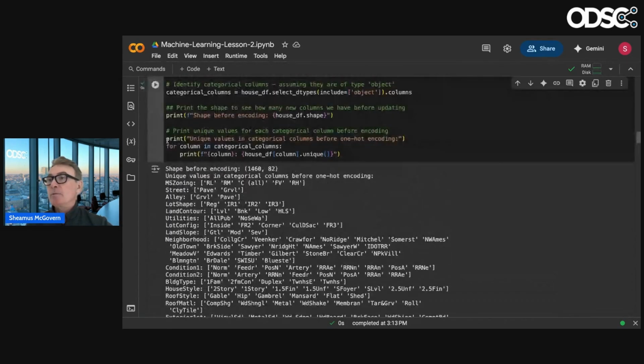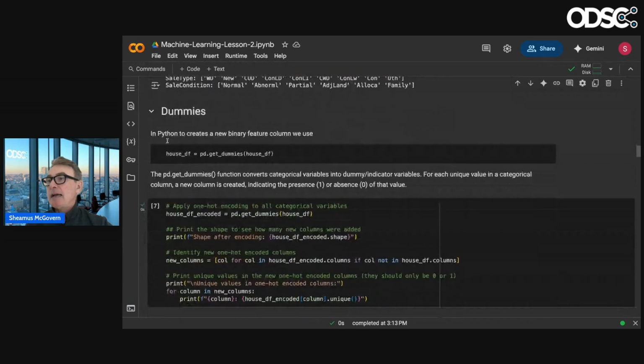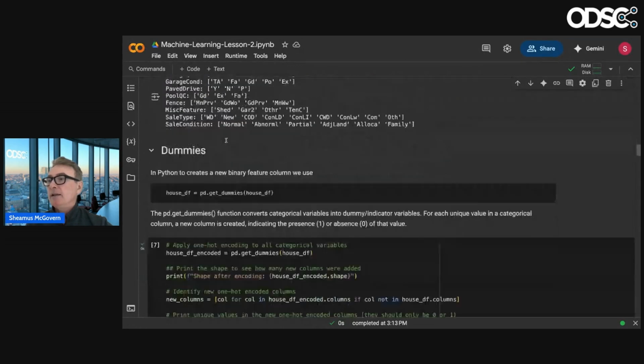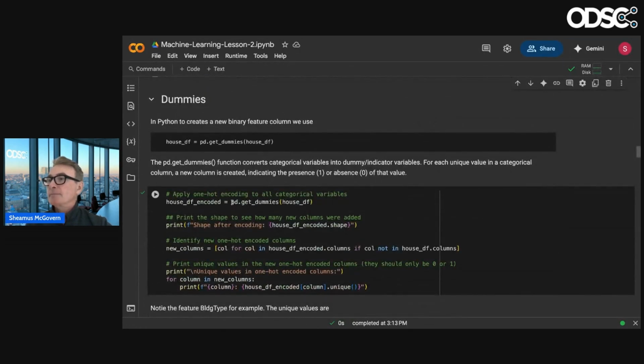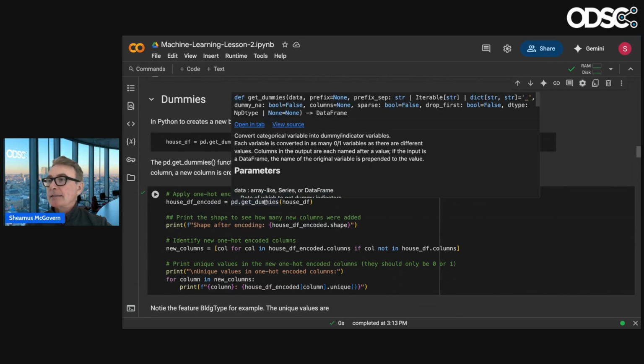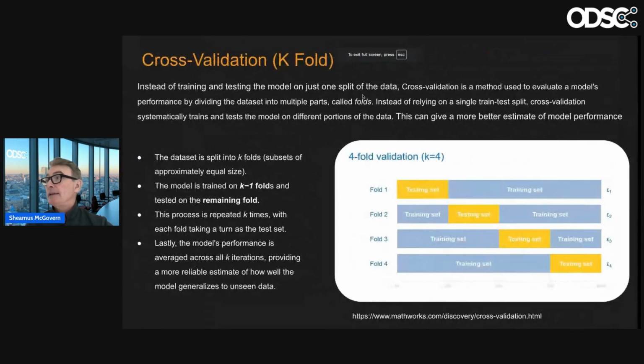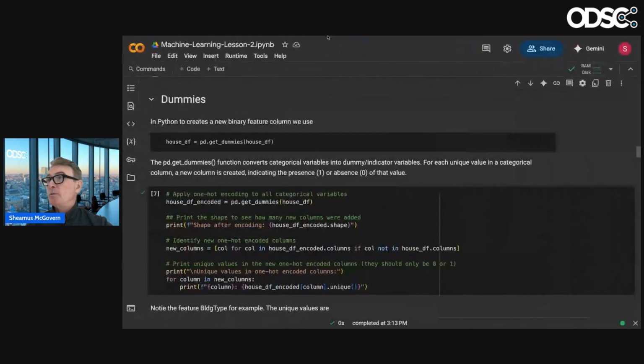And then remember when we did that, how do we do that? Here we're just printing them out. Not going to go over that again. We're using get dummies, and this converts categorical variables into dummy indicator variables, which is 0 and 1, zeros and ones. Where's my one-hot encoding?